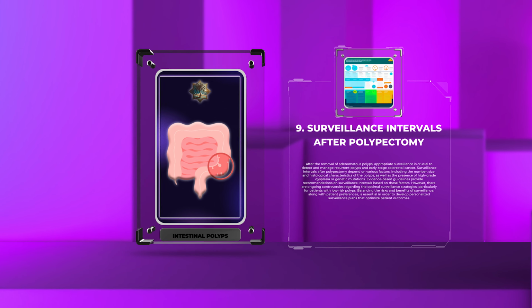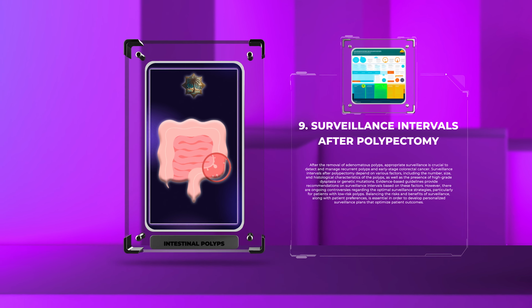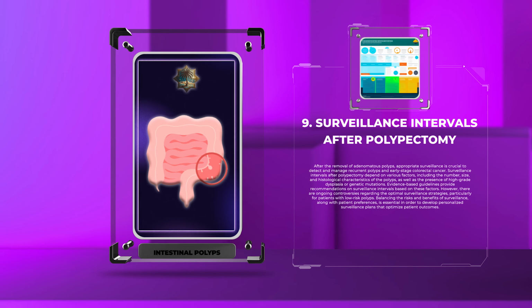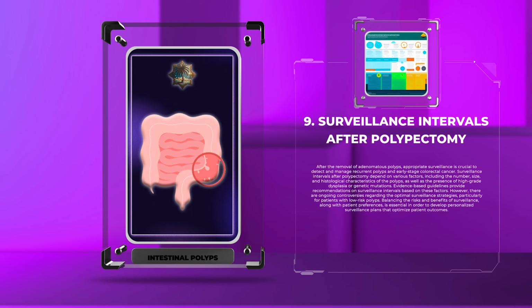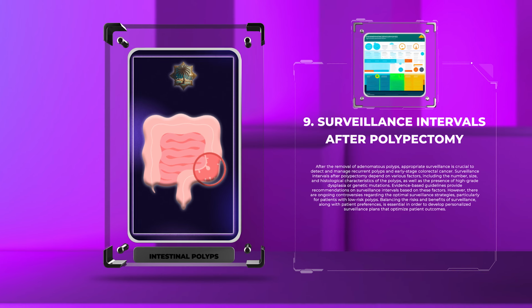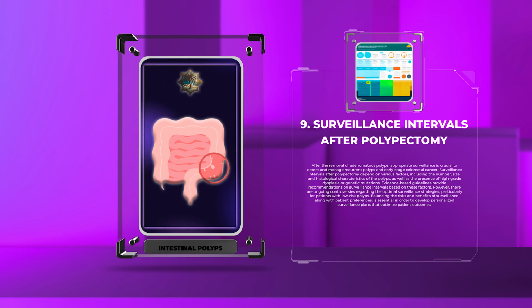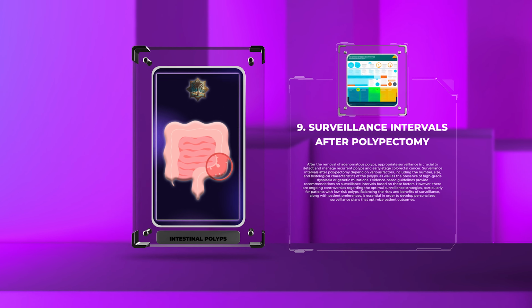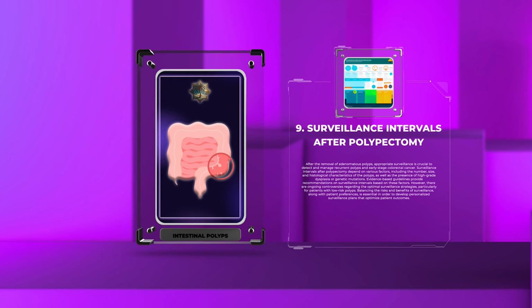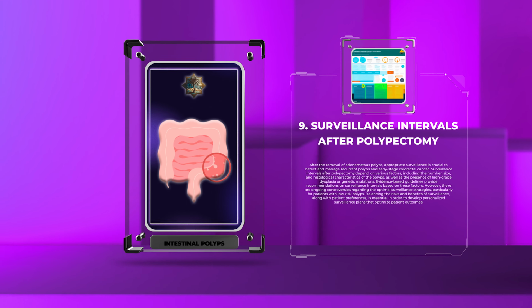Evidence-based guidelines provide recommendations on surveillance intervals based on these factors. However, there are ongoing controversies regarding the optimal surveillance strategies, particularly for patients with low-risk polyps. Balancing the risks and benefits of surveillance, along with patient preferences, is essential in order to develop personalized surveillance plans